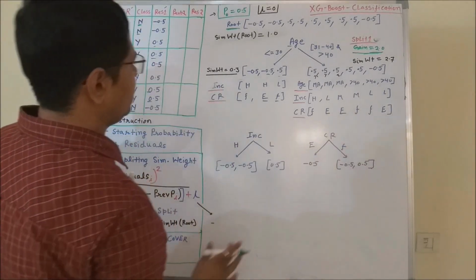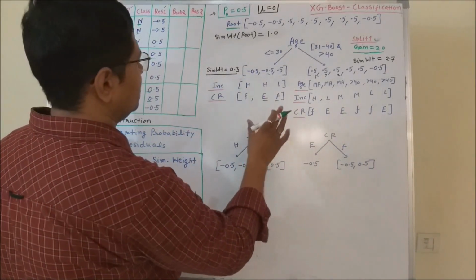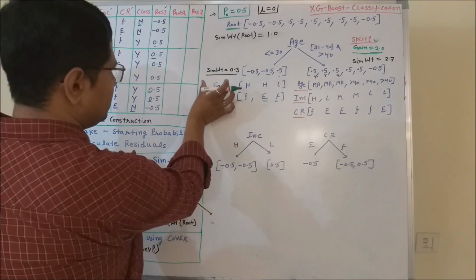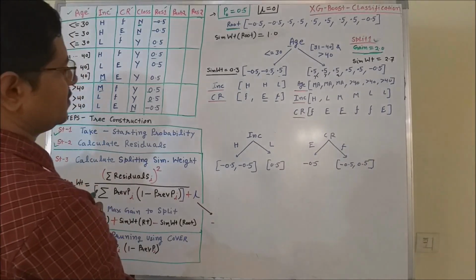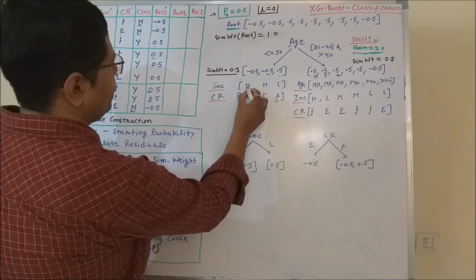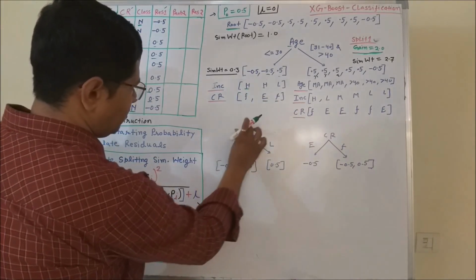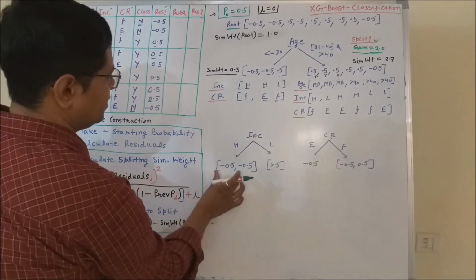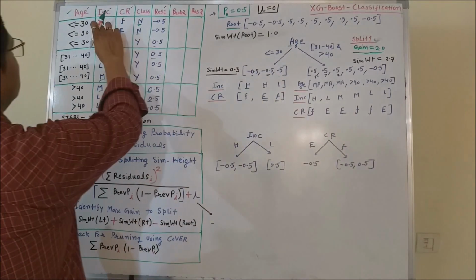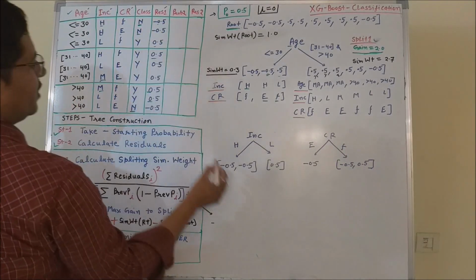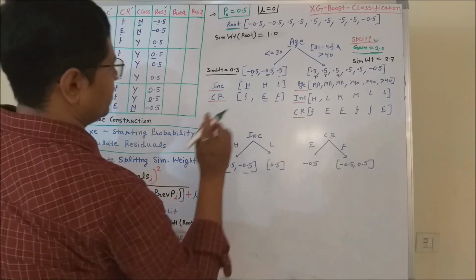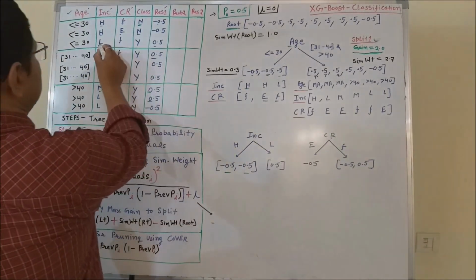So the same way we will check whether the next split will be a binary split based on income or credit rating. So suppose we select the first candidate as income. We can divide it either high or low. So suppose the left subchild represents the high income, then two of the residuals related to high income will go here, and one of the residuals related to low will go here. That you can see.